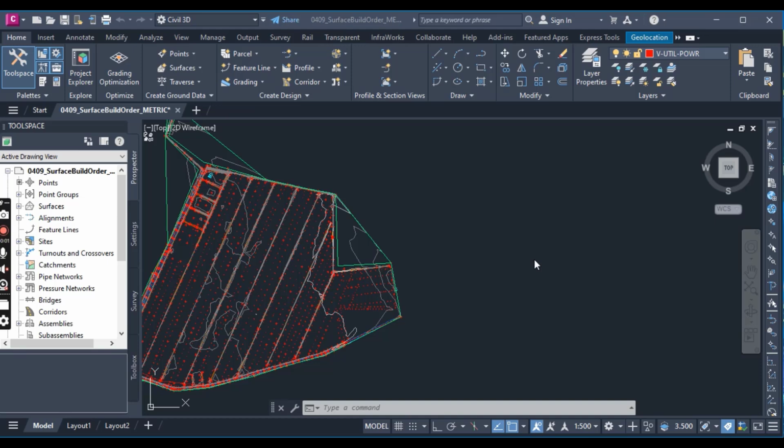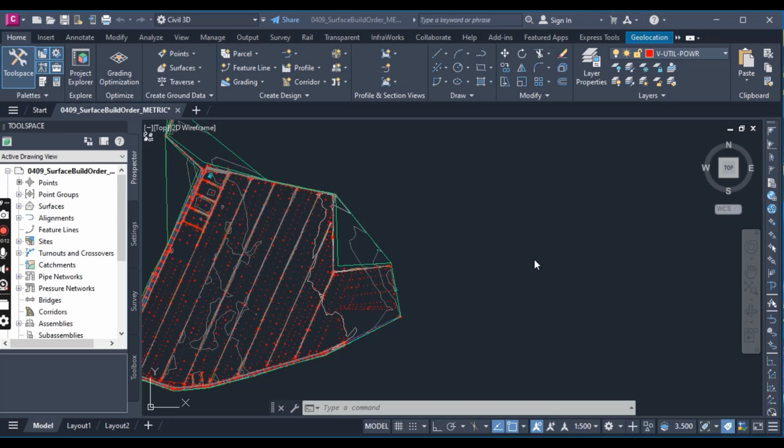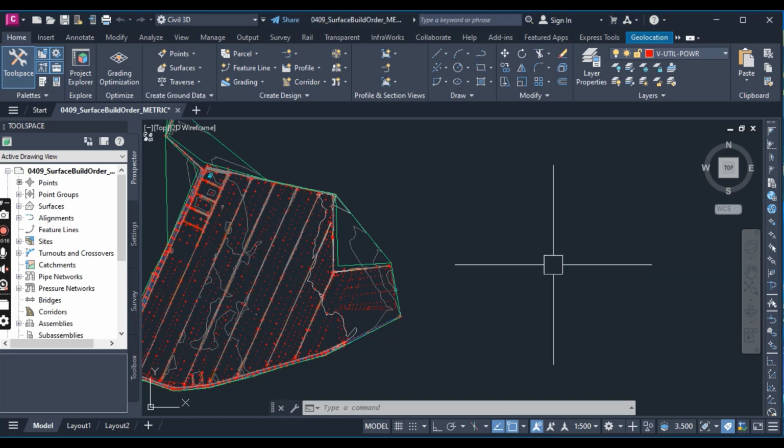Hi students, in this exercise we will learn how to fix surface problems by changing the order of elevation data processing. The order in which we add data to a surface impacts how the surface is formed. Ideally, an existing surface is created with survey data, so the order of operation would be first add a point